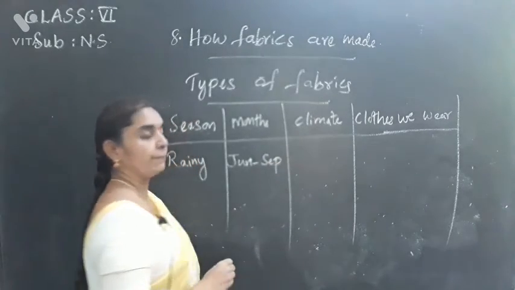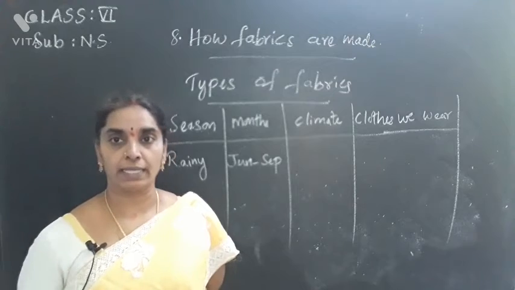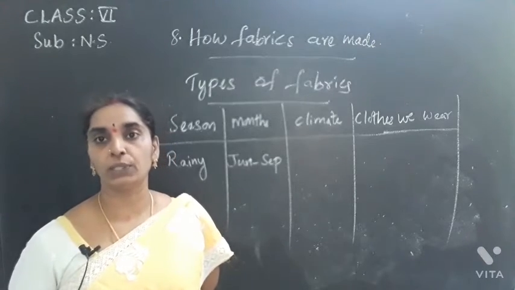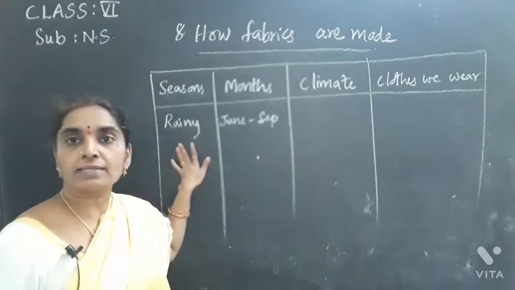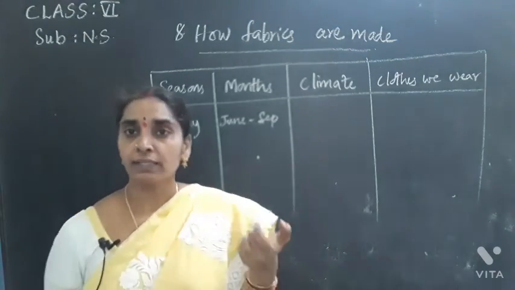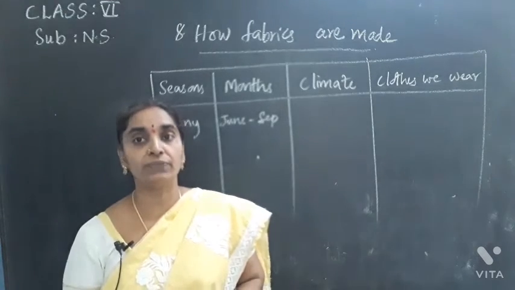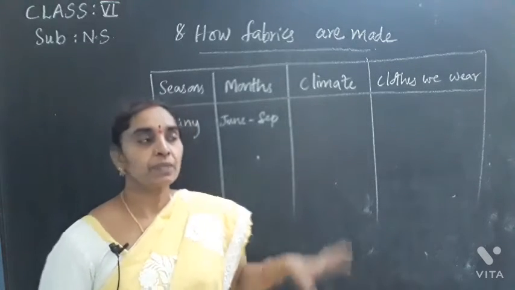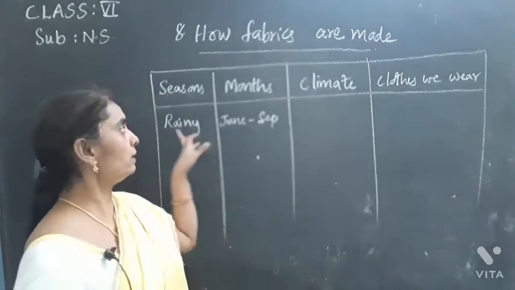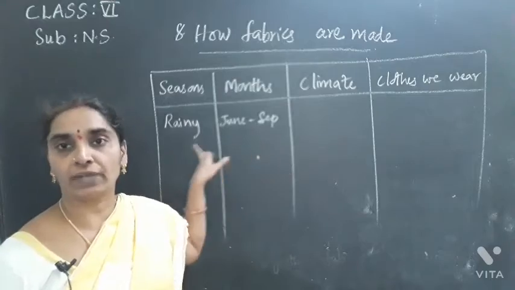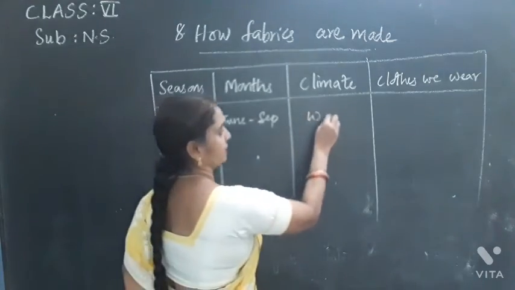June to September. In our country, as the sunlight falls directly because it is very near to the equator, we face only 3 types of climate. So here, children, as our country is very near to the equator and the sun rays fall very directly, we feel very hot. Here from June to September we have rainy season.